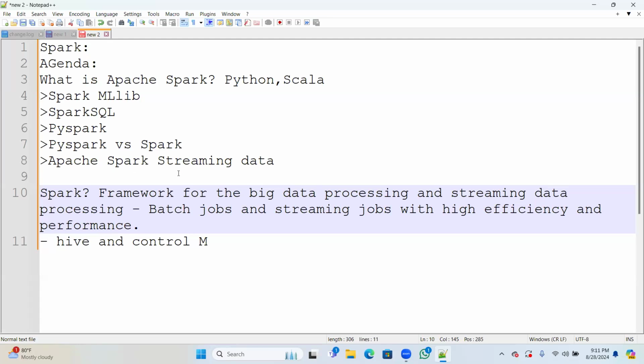As we know, Selenium or Cypress are frameworks that can be used for automation. Similarly, this is one of the frameworks where you don't need to use multiple technologies to process the data.